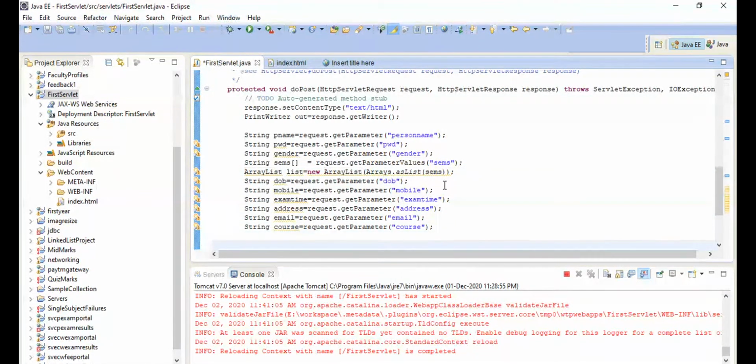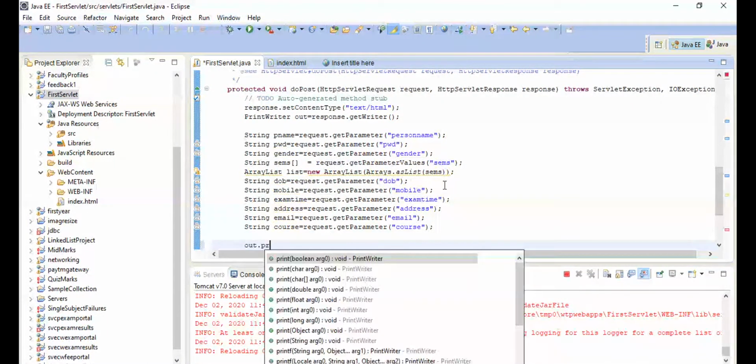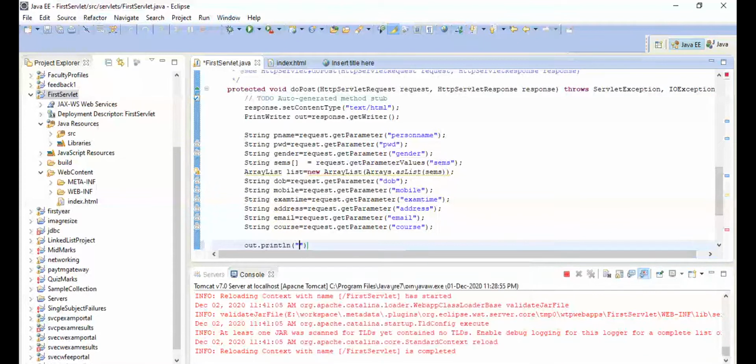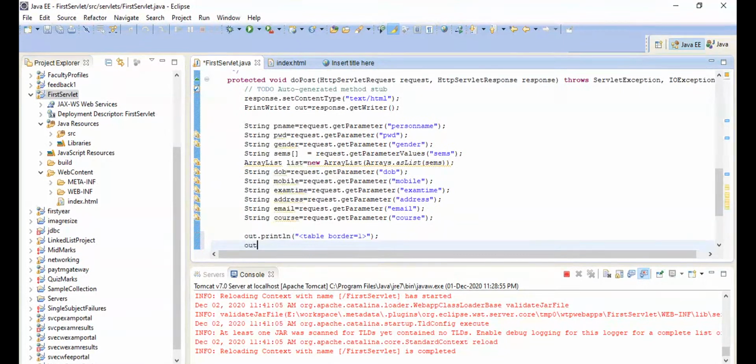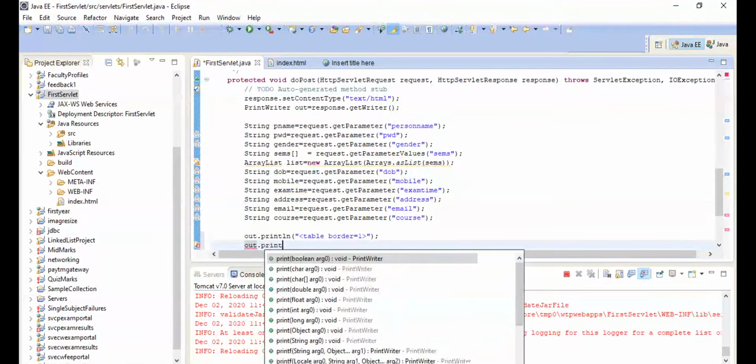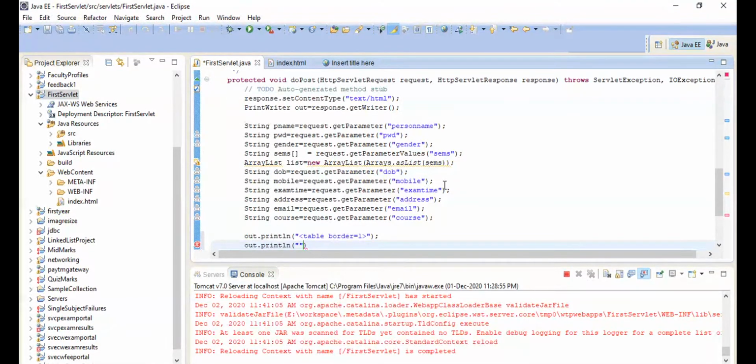Out dot println, table border equal to 1. Next, out dot println, please tell me the logic of how to place the table. What tag do I have to open here? TR. Very good, TR.